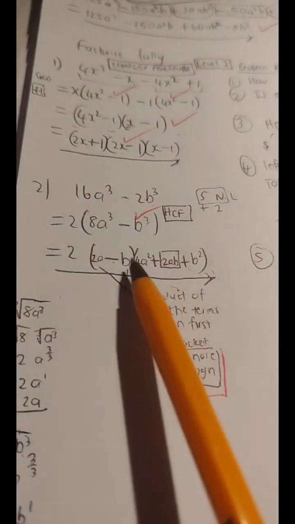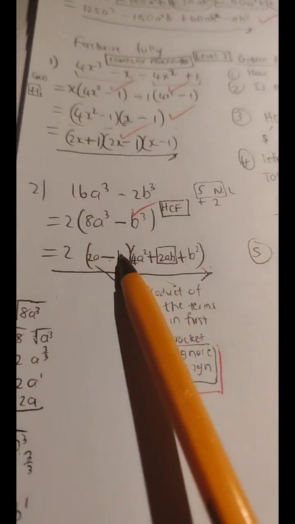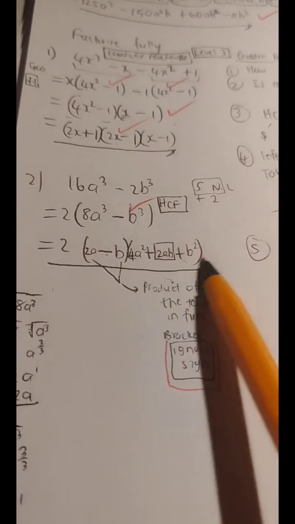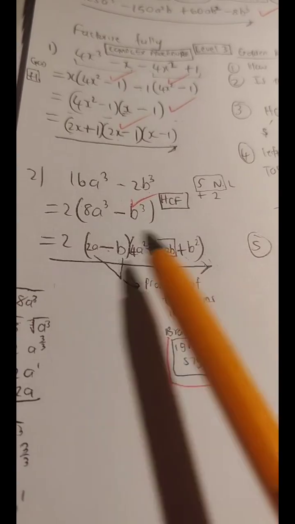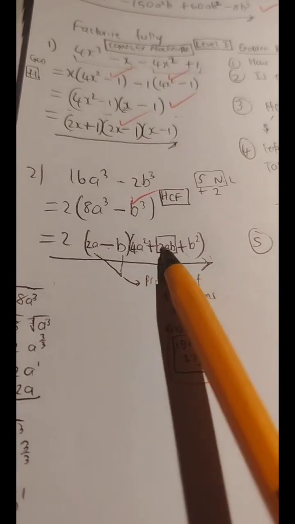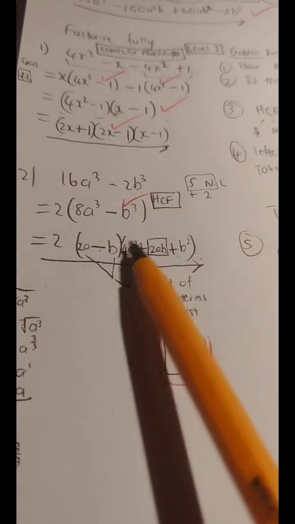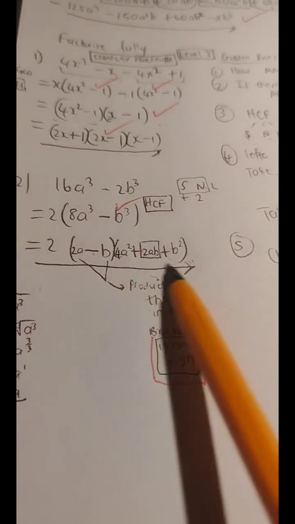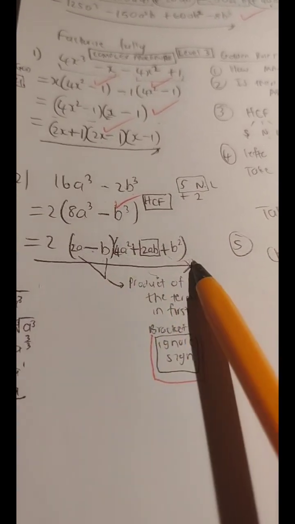Guys, we are done. We look at this bracket, any other factorization needed? No. Any like terms that you see maybe in this bracket? No. Because if there were, we would add those like terms and then we'd simplify each bracket. But we don't have any of that, so we end right there.